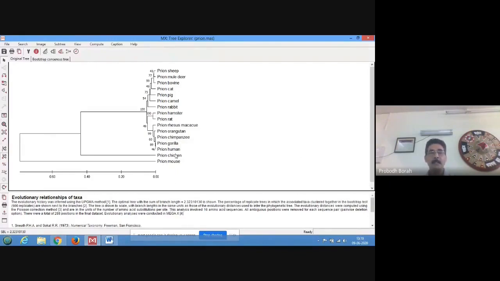You are just establishing an evolutionary relationship between the Prion sequences only. That means you are trying to see whether the Prion sequences of different mammals are showing a high level of similarity and how they have changed themselves in the evolutionary history. That means how they have been derived in the evolution.